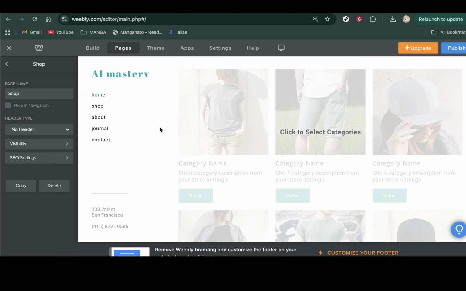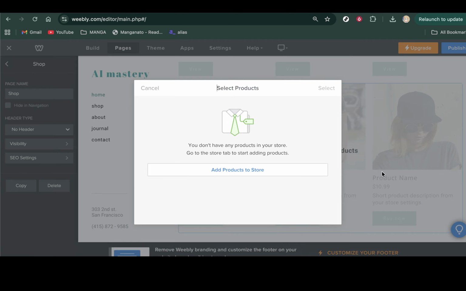That's it. You've opened your Weebly store, navigated to products, added a product, entered the name, price, and images, and